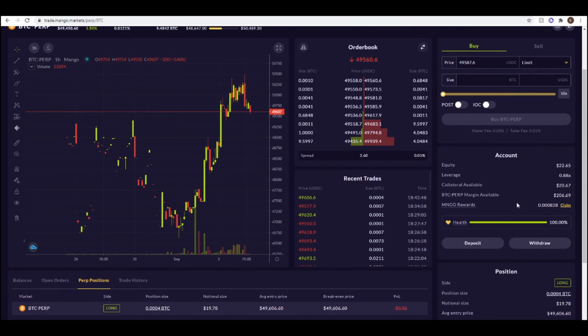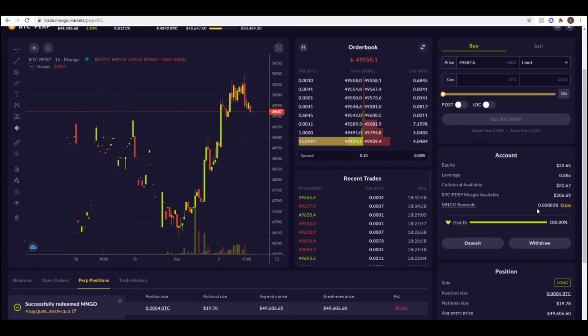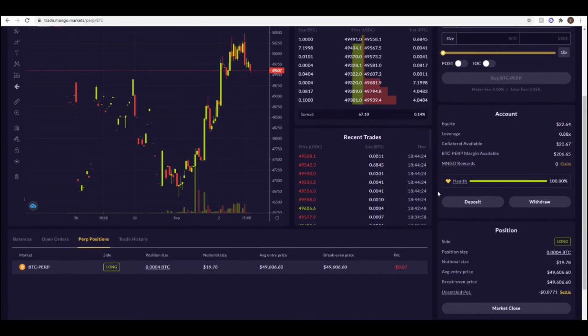So because I did my limit order earlier on, I've been able to get some Mango. I've been given just a very small amount. If you want to claim that, you can just press claim and then approve it, and then that will go down to 0, and that Mango has now just gone to your wallet. So you can do whatever with it there. You can swap it for USDC, you can put it back in as collateral so you can trade more. But yeah, whatever. Okay, so